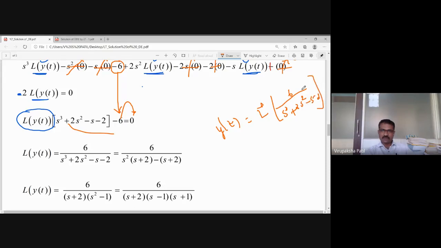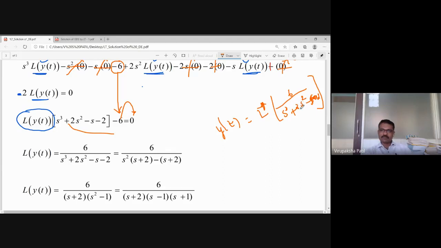Now you have to find the inverse of this to get this. While finding the inverse, what do you have to do? You have to check that the numerator does not contain s, or s raised to 0. The denominator contains s cube here. Now you have to check all the possibilities to find the inverse. Whether an e raised to s term is present here: no, not present. So the unit step function property is not applicable in reverse. Then, whether it is possible to convert this denominator into a perfect square: not possible, so that is also not applicable.